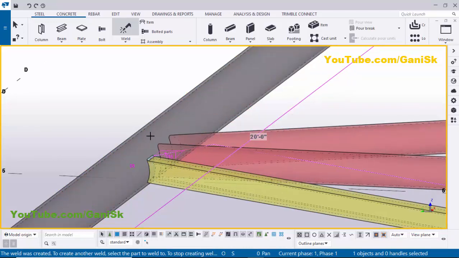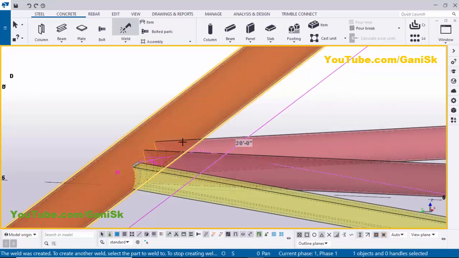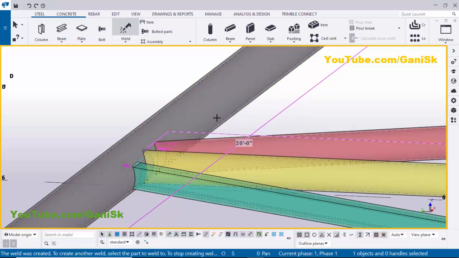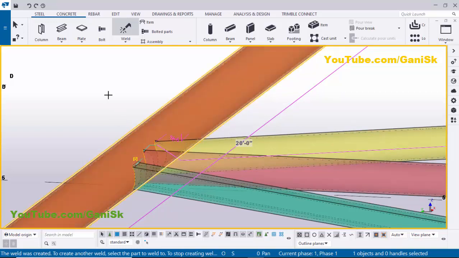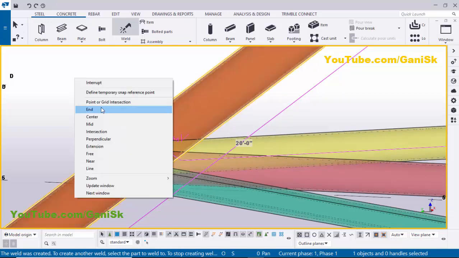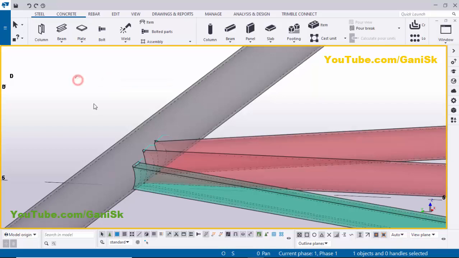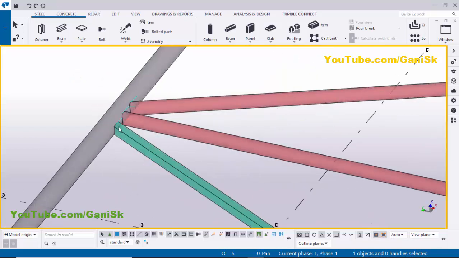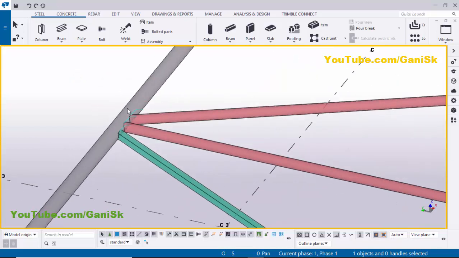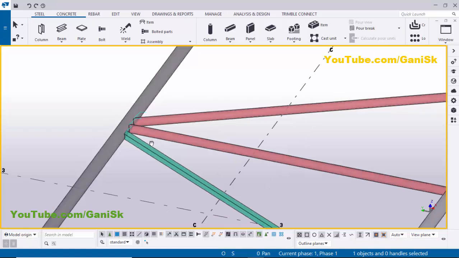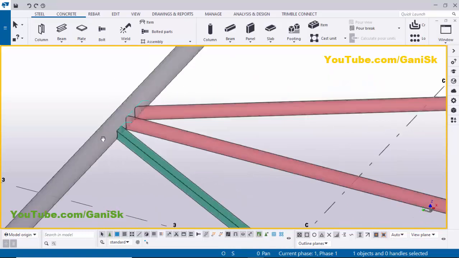Similarly, you can also apply the same welding to the remaining pipes. So pick the main part as this pipe and pick the second part as this pipe. Now these two pipes are welded together. Similarly, do the same procedure for the remaining pipe. You can weld like this. Right click on mouse, interrupt, click on space, right click on mouse, redraw view. Okay, now these pipes are welded together. So in the assembly drawing, you will get all these pipes in the drawing. Okay, that's it about how to create pipe fitting in Tekla Structures.